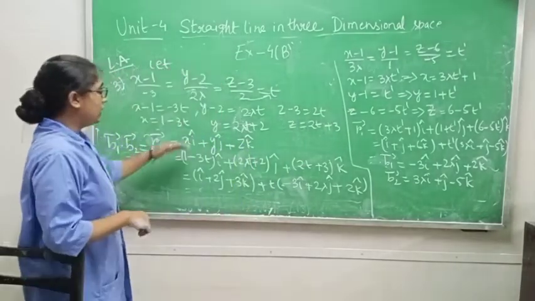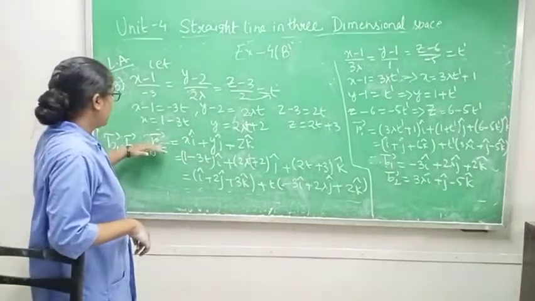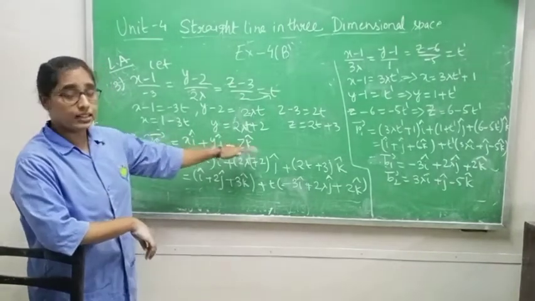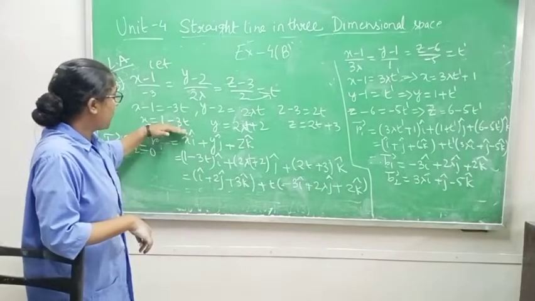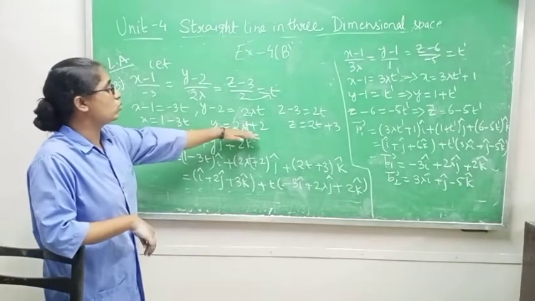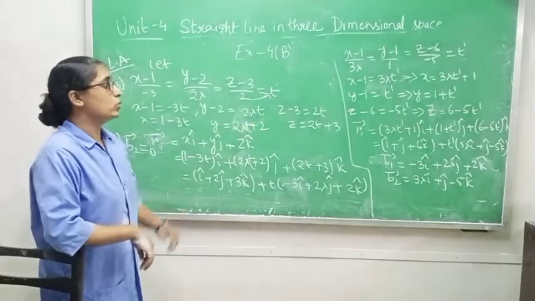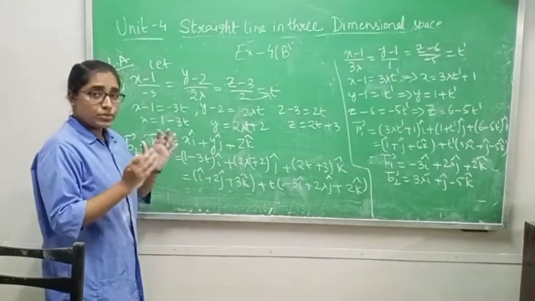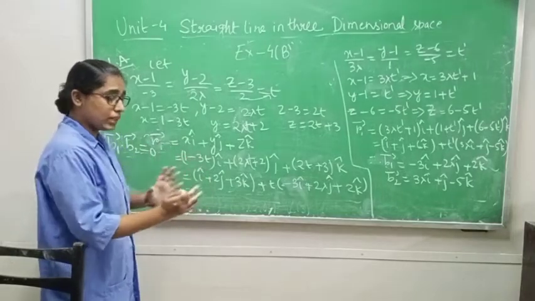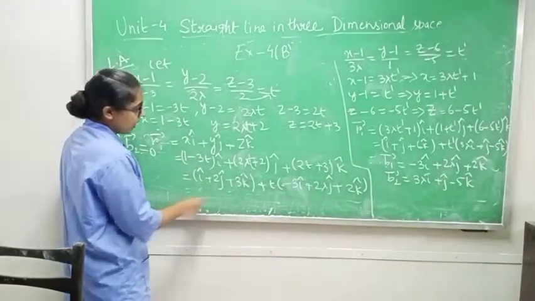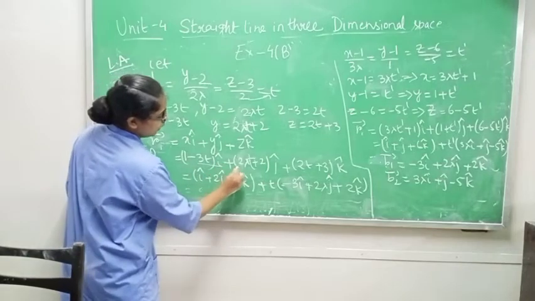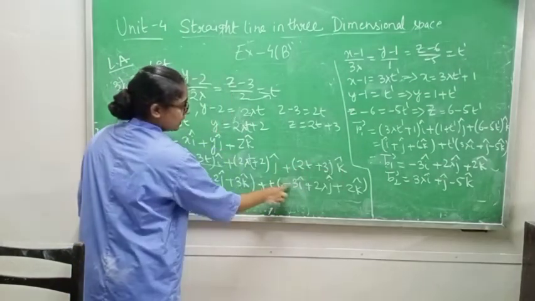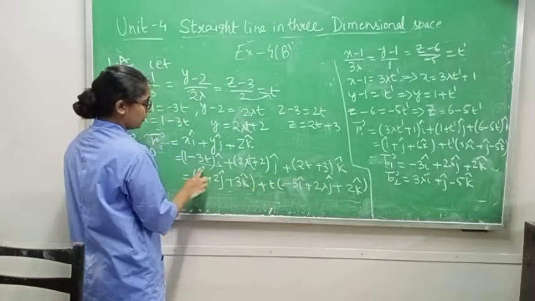Now you will get the x, y and z values, and you put r vector equals x i cap plus y j cap plus z k cap. So the x value is 1 minus 3t, the y value is 2 lambda t plus 2, the z value is 2t plus 3. After that I am separating all the t terms from the terms without t. All the t terms are 3t i, 2 lambda t j and 2t k. When we separate t and take it common, what will be left?